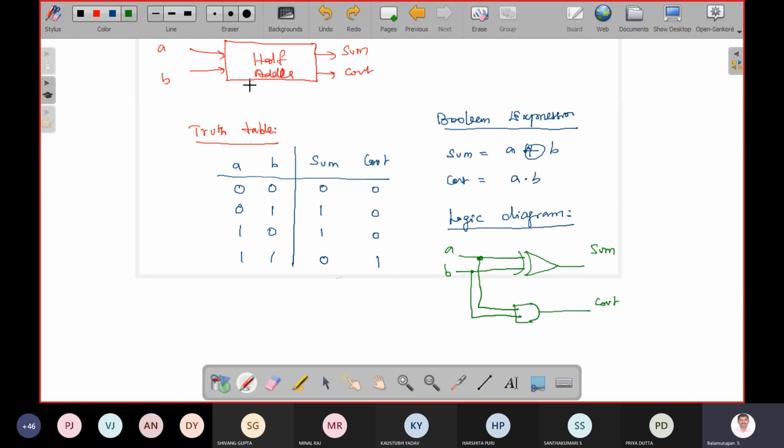If I want to write data flow modeling, I have to know the Boolean expression of the particular design. Without knowing the Boolean expression, I cannot write data flow modeling. If I want to write behavioral modeling, I have to know the truth table of that particular design.